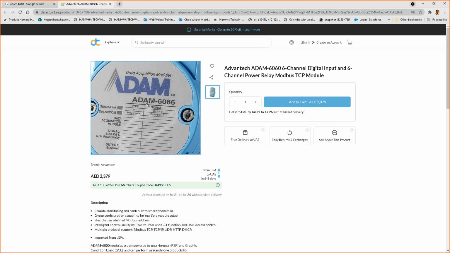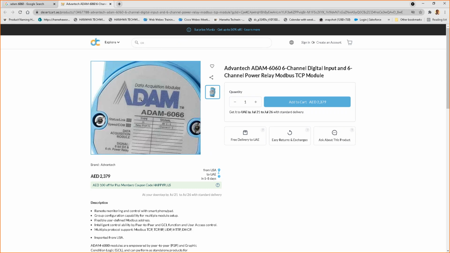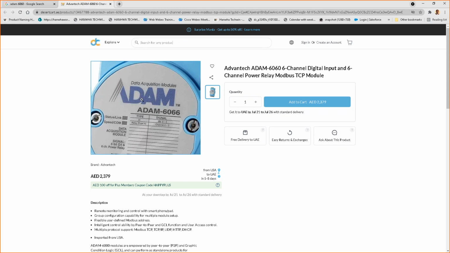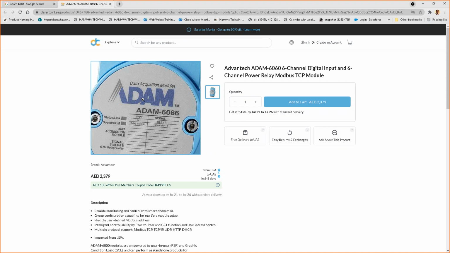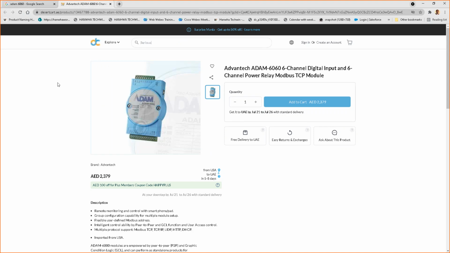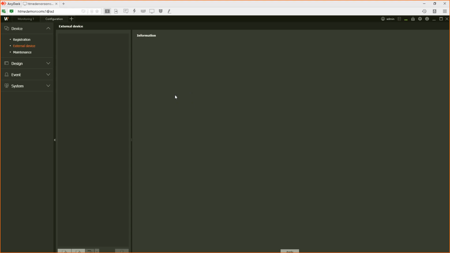Let's say if any camera goes offline, you can connect this ADAM module to the BMS system and integrate. Or if you use SNMP, you can buy an SNMP to BACnet translator, or IO to BACnet translator, and then you can integrate to the BMS system.